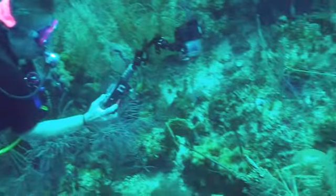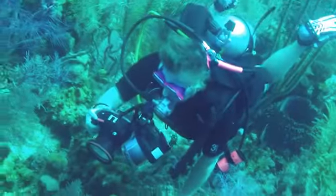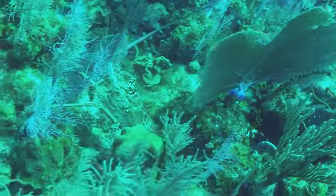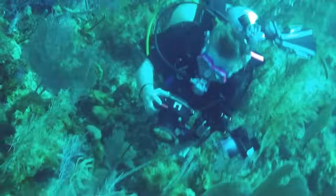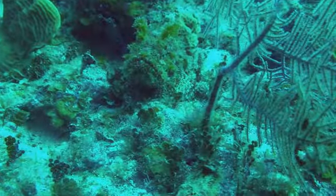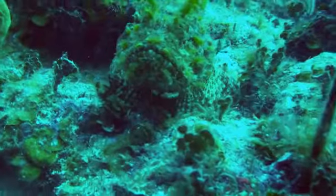Now you can see how big that is when you look at my wife Terry in comparison. I mean that's a big lobster. I don't think you'd eat that in one sitting. Not that we ever catch them or ever harm any of the underwater